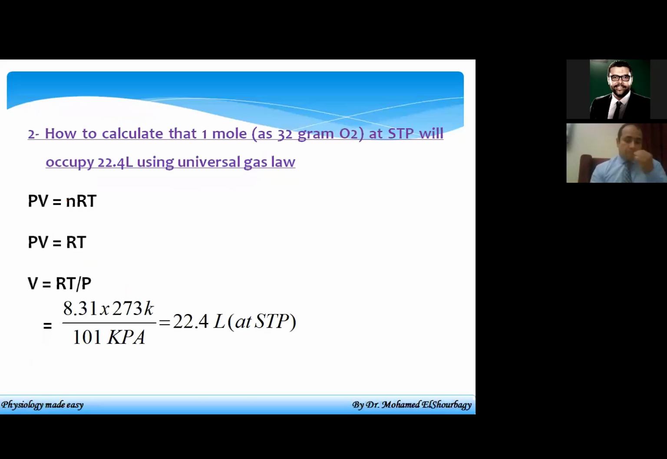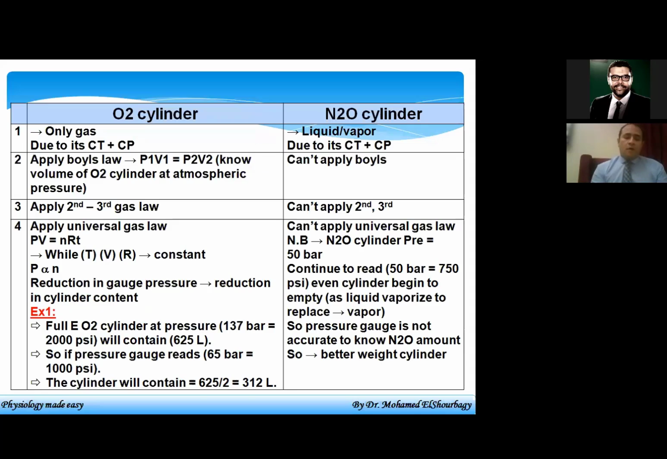Okay, how do we calculate that 1 mole, 32 grams of oxygen, at STP will occupy 22.4 liters using the universal gas law? PV equals nRT, then for 1 mole, PV equals RT. So we can calculate the new volume at STP, which will be equal to 22.4 liters. Now we will compare the oxygen and nitrous cylinders as an important application of gas laws